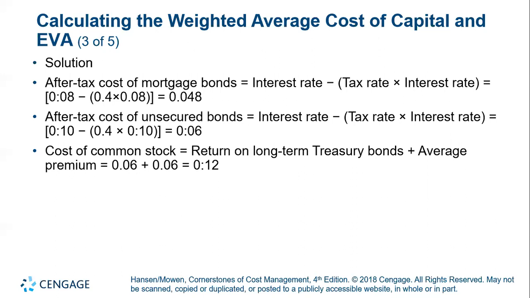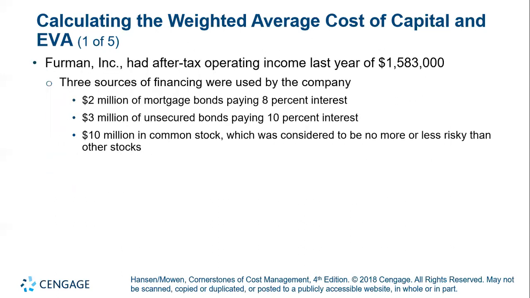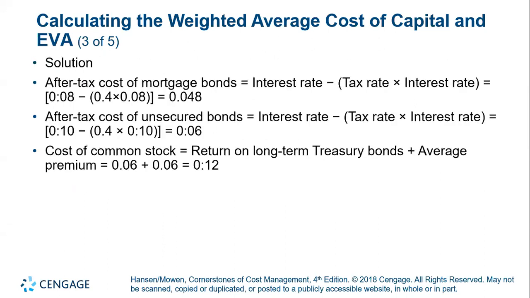The cost of common stock is the return on long-term treasury bonds plus the average premium. So we have 0.06, given your 10 million in common stock, which was considered to be no more or less risky than the other stocks. So we are now using the cost of common stock: return on long-term treasury bonds plus the average premium. So that now gives us